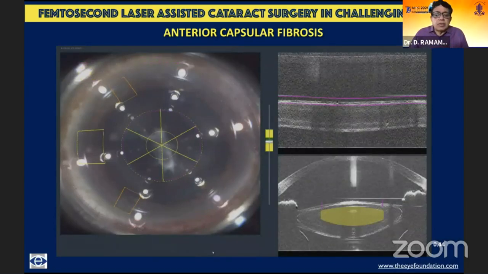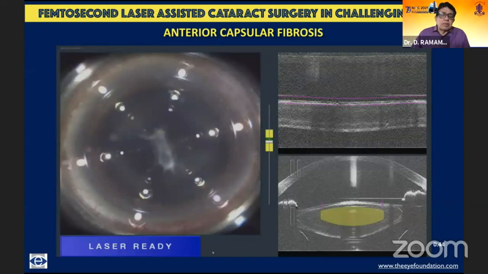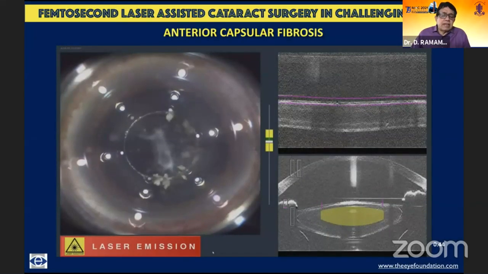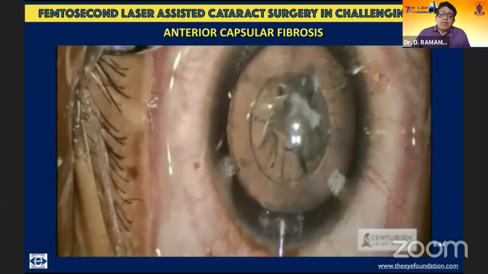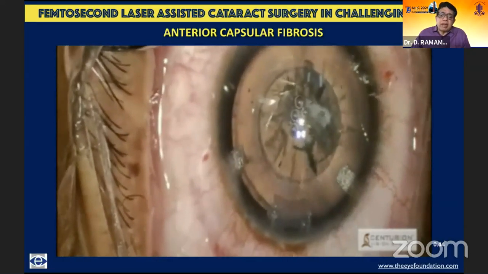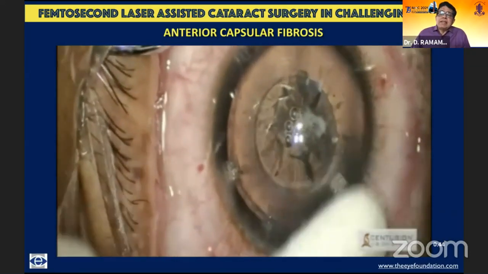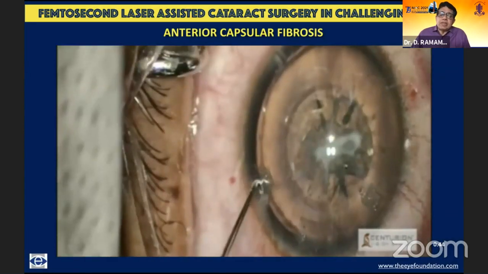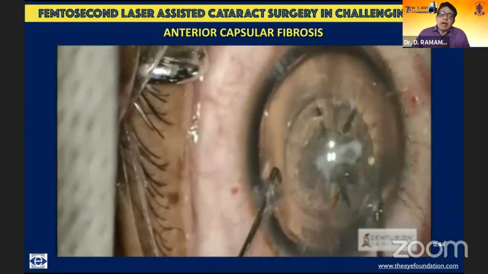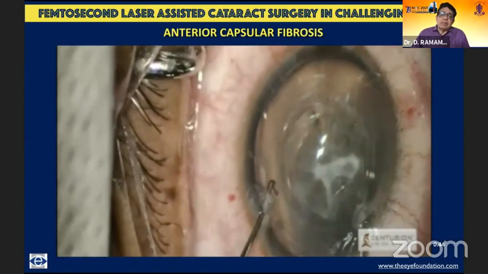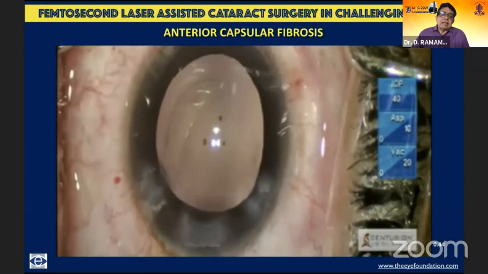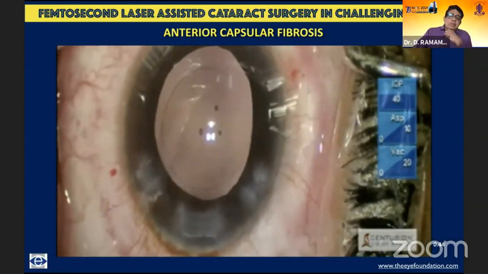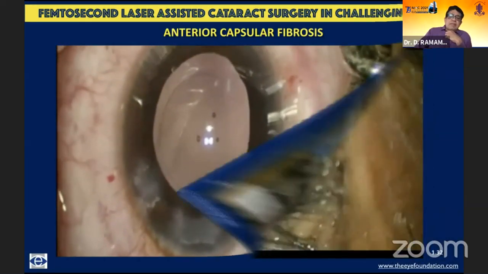This is a situation, as you can see, of capsular fibrosis, which is right there in the center. And again, sometimes it's quite challenging to create a rhexis in these situations. As you can see over here, it's not a free-floating rhexis. You can see the capsular fibrotic part right in the center, and basically, it is stuck in the periphery. In these situations, all you have to do, as I showed you earlier, is to go ahead and remove those areas of adhesions from the rest of the rhexis, so that the rest of the surgery becomes quite easy. And that's the rhexis that has been created. And subsequently, we go ahead and implant a lens of our choice.